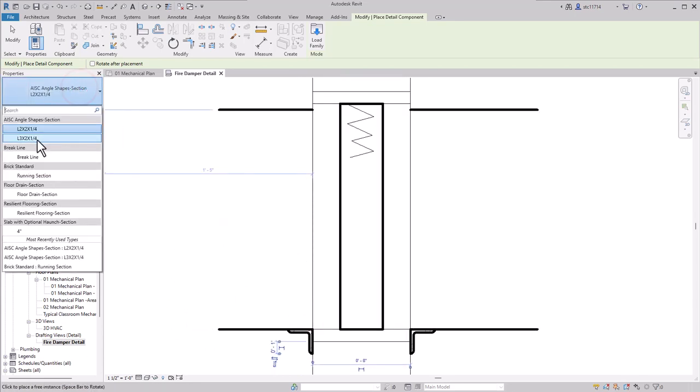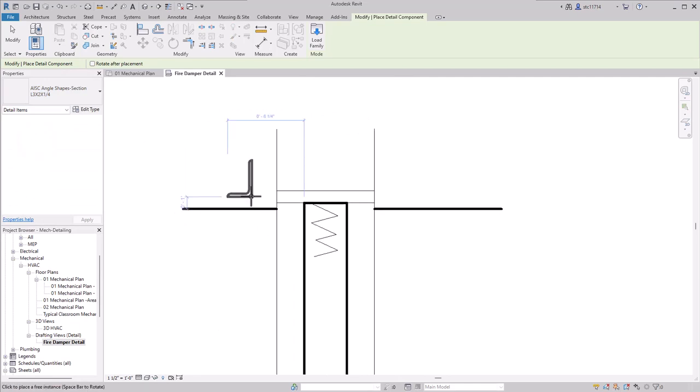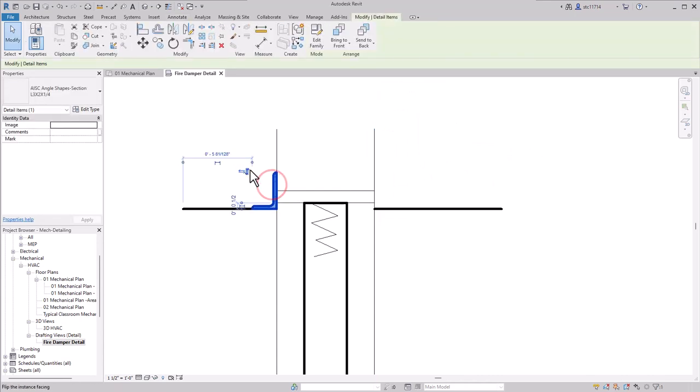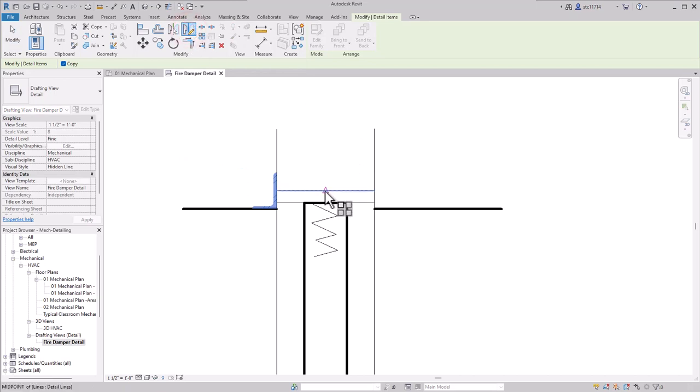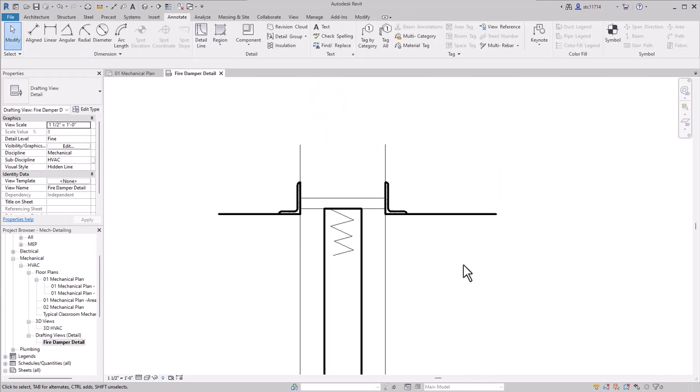Then I'm going to choose my 3x2, and I'll go ahead and tap my space bar to rotate it. Place it here on the left side. Now, of course, if I rotated it, this is not what I'm looking for on this side, so I'm going to need to mirror this one instead. I'll select it, use my mirror by drawing an axis tool. Then I'll snap to a midpoint and draw straight up to get a copy there.